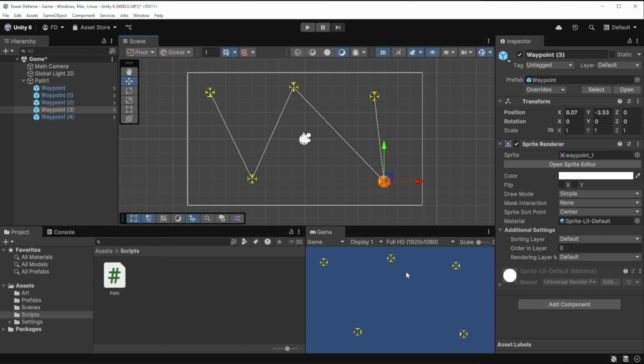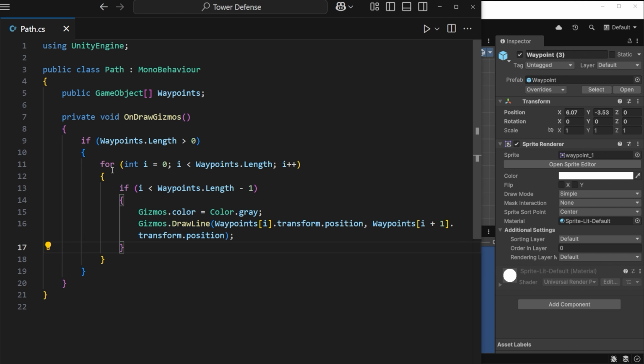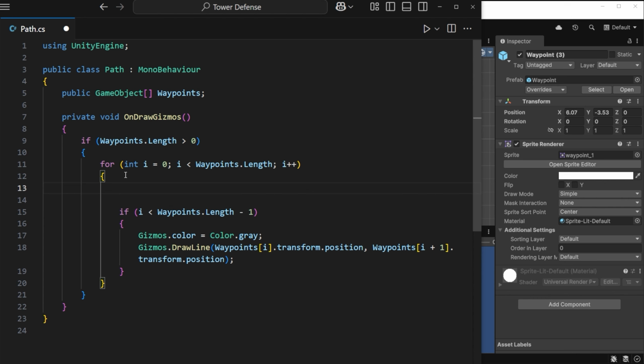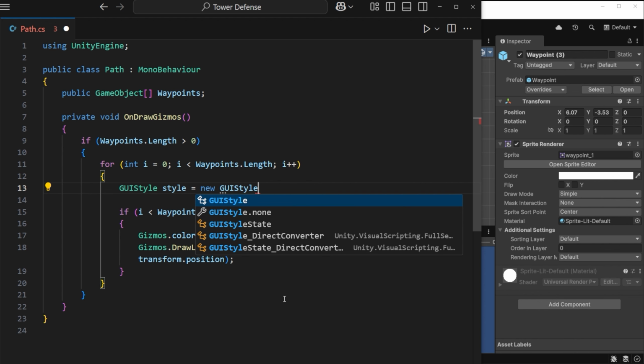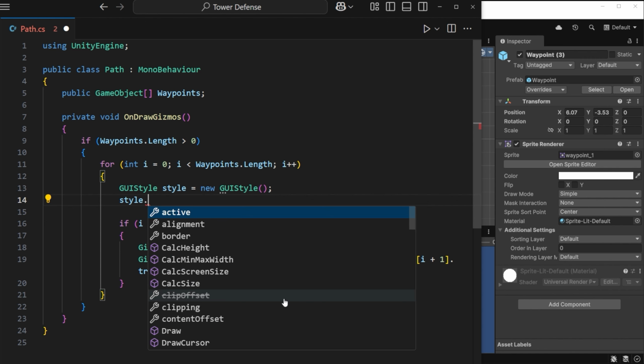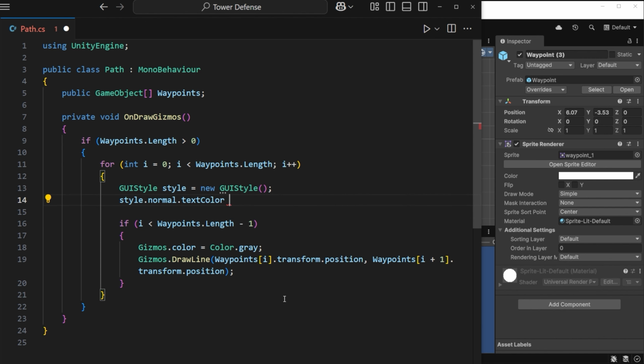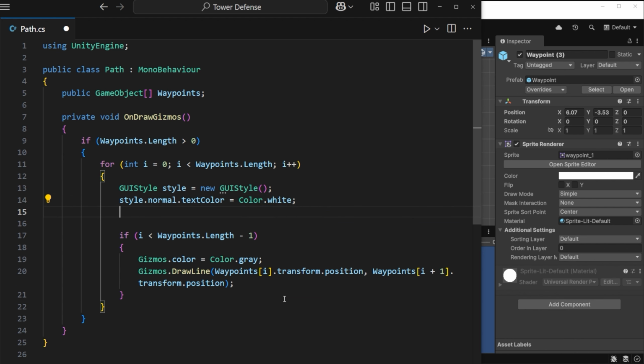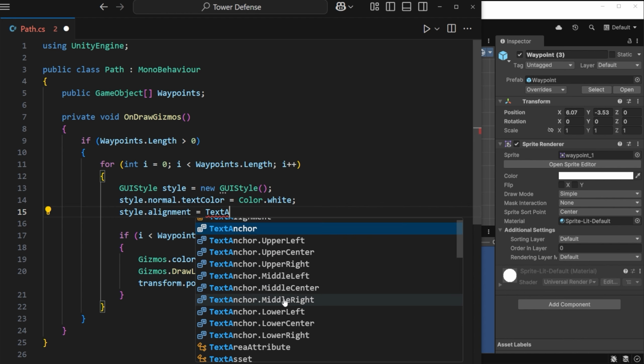Maybe I also want to give the waypoints some labels, so I can easily see at a glance which waypoint corresponds to which game object. Inside OnDrawGizmos, I can do that here. If we want to define styles for our text in Unity, we can use the built-in GUIStyle class. GUI stands for Graphical User Interface, and we can use this class to define visual styles, fonts, colors, alignment, and so on. Now I can take that style and I set its normal text color to white. And most importantly, I set alignment to middle center